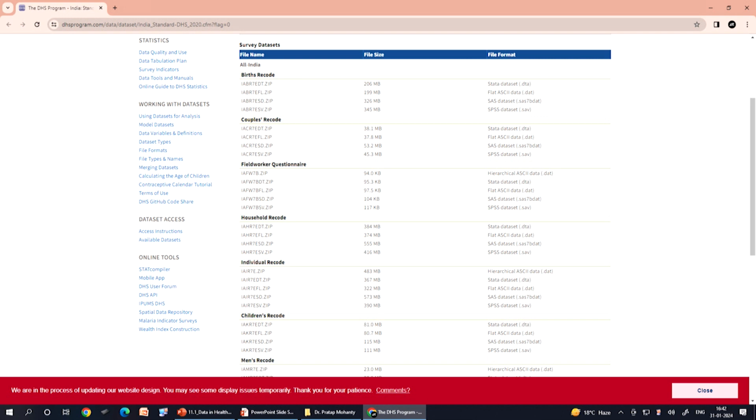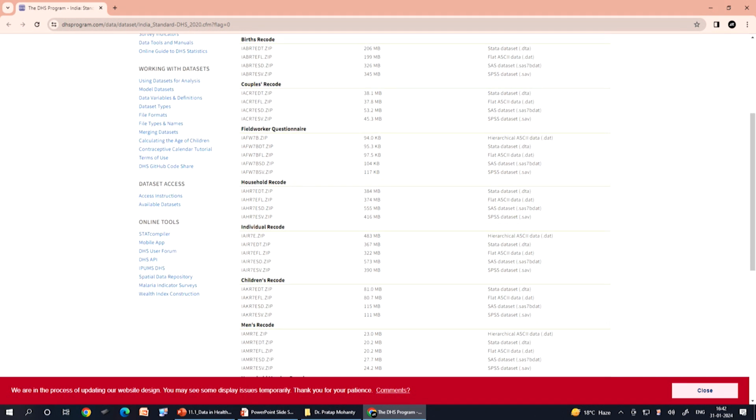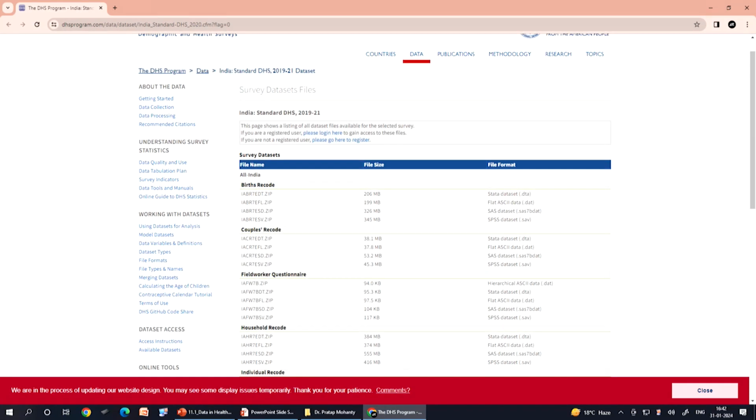These are systematically presented. That does not mean they have diluted the raw data. Either you can directly get the raw data and cross check whether it is right or not, or you can directly get the data in Stata format, SAS format, or SPSS format. So, individual recode refers to the women's profile. Then children's recode, etc., all datasets are available here. And this refers to the latest